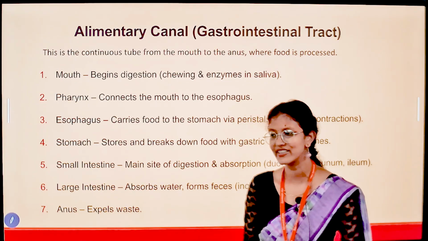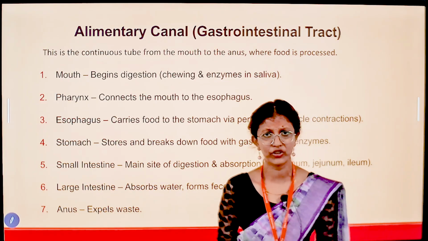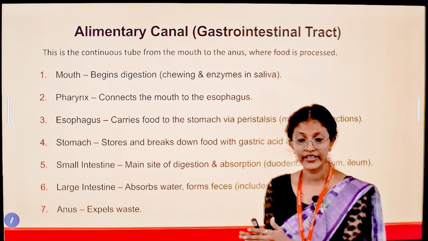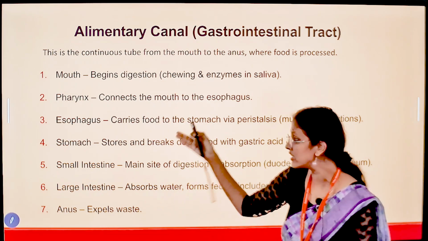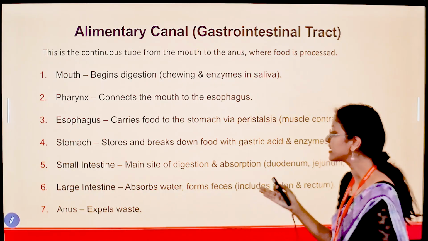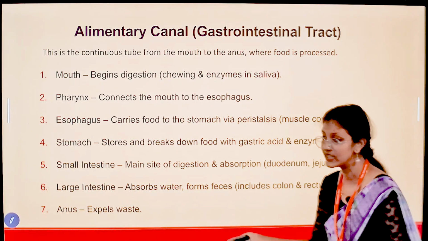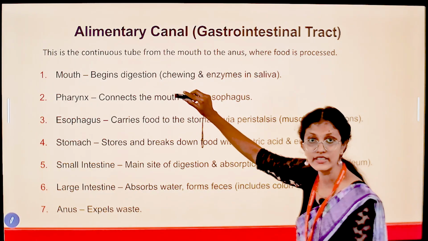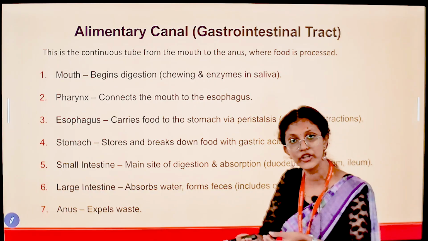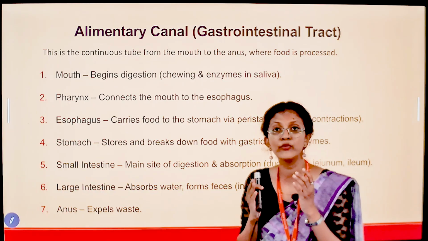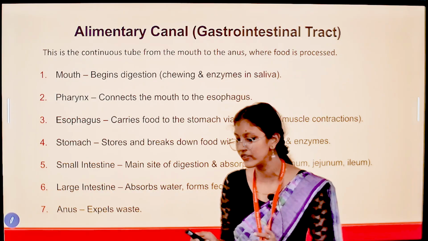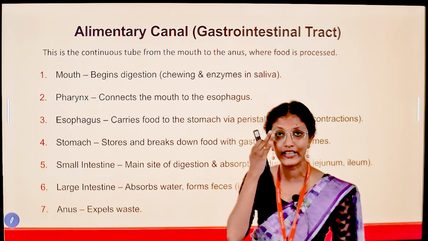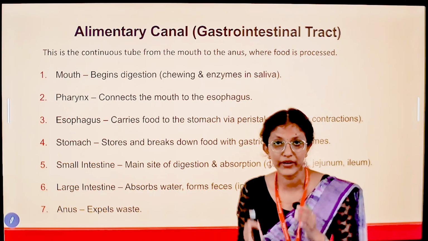So next you can see the alimentary canal, same thing I have told you. There is the oral cavity, that means your mouth, and the pharynx, esophagus, stomach, small intestine, large intestine and the anus. It begins from the mouth, where the food you have taken enters, and with the help of amylase enzyme, there you can see the salivary gland. The salivary gland is secreting an enzyme, that is amylase enzyme, which breaks down your